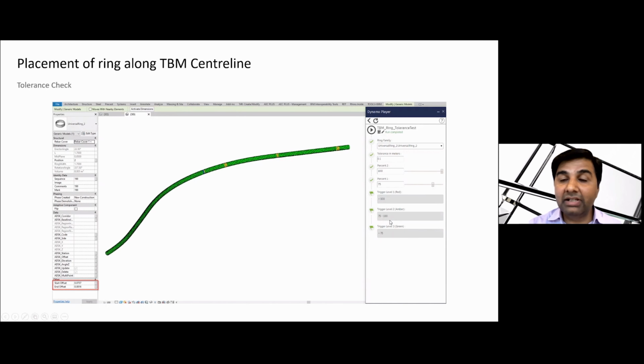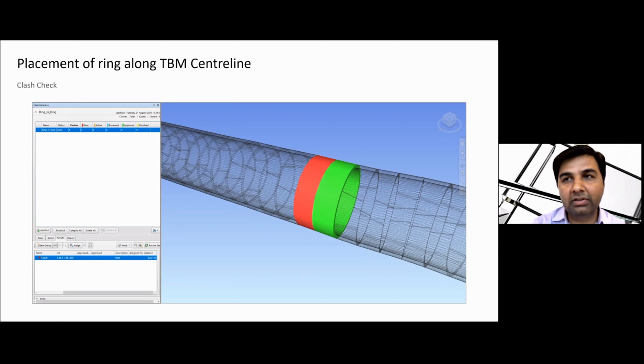In the next test, we did some clash check also, because when we are running our script, we are not sure whether it will place all these rings correctly or not. Sometimes a ring can have a small taper and then it will clash. So we did our cross check and our clash check. It has a hard tolerance limit of 0.001, like 1 mm. And we found only one ring having a clash, and that clash is only 1 mm. So it means that yes, our script is working fine.